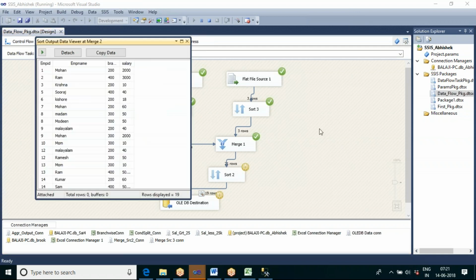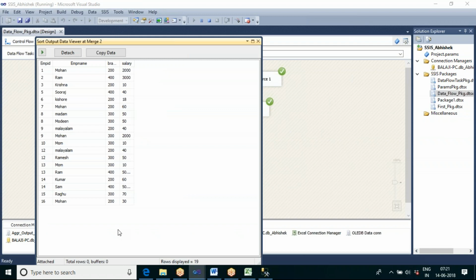So now you can see we are able to combine the third source data also. You can see 13, 14, 15 and 16 are coming from the third source, and after removing the duplicates we are getting 19 records.